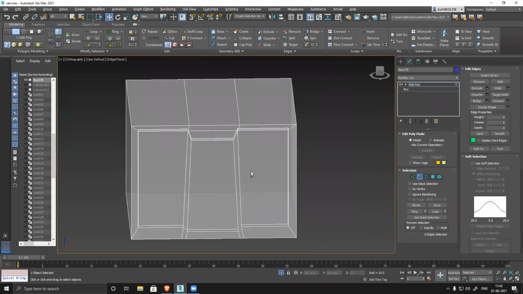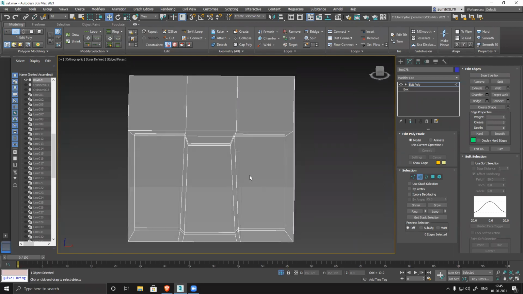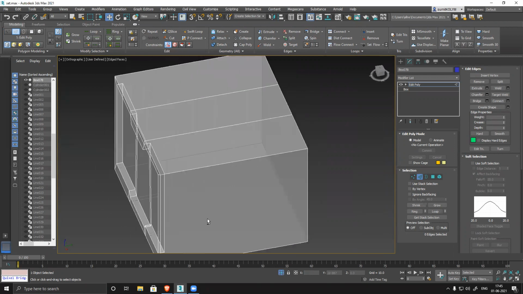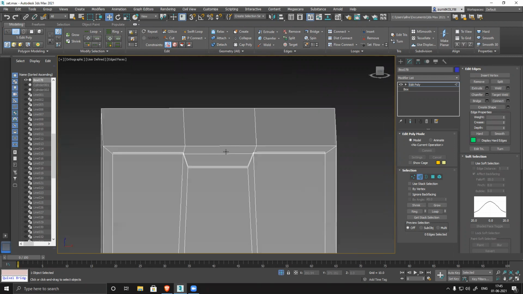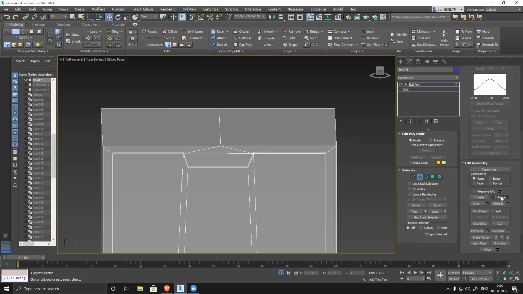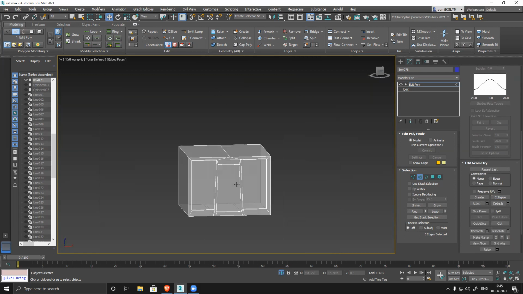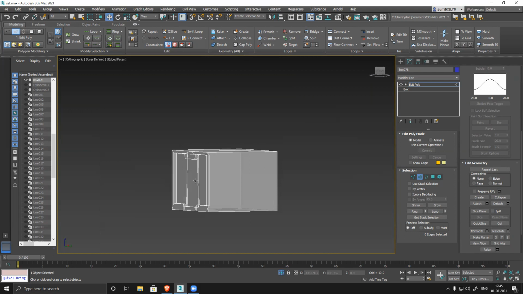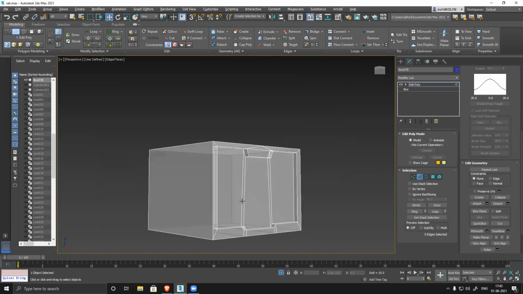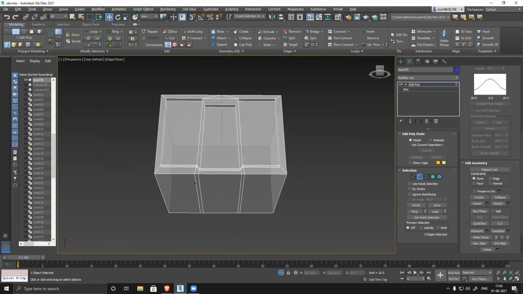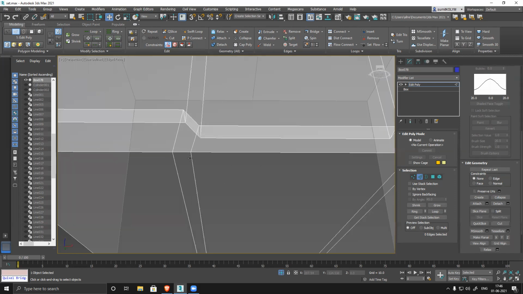So you can see, even if it's a small, tiny asset, you have to pay full attention and optimize it perfectly wherever it's possible. Like I can see clearly these two I can collapse. See, slight triangle, but it's a perfect model now. There's no unwanted edges, there's no unwanted polygons, everything is clean. And here, this thing also I can optimize.